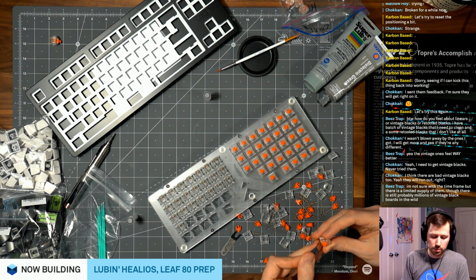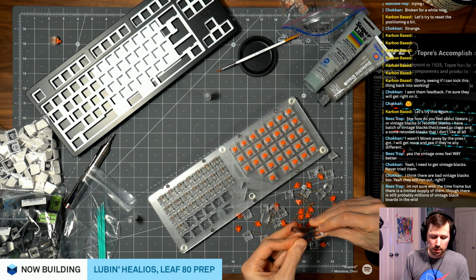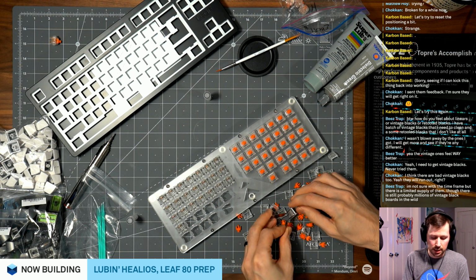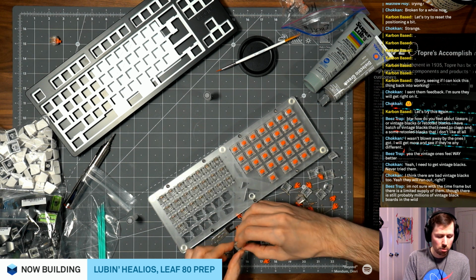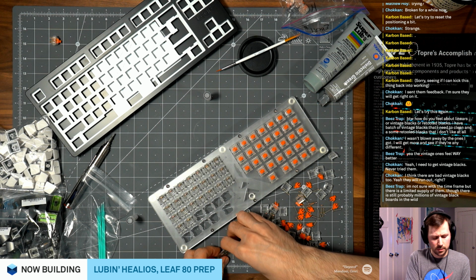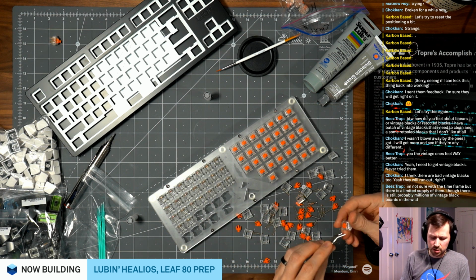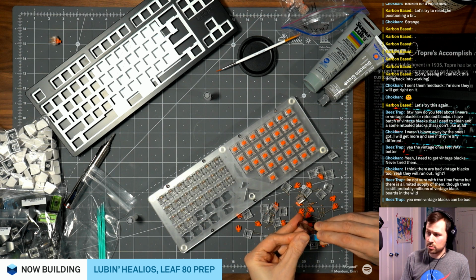Millions, yeah, I guess that's probably true. It seems strange because the demand for vintage blacks seems high. So at some point, why don't they just start making them again? I'm surprised. I mean, I guess, are blacks linears or are they tactile? I don't even remember. My assumption is they're linears, but